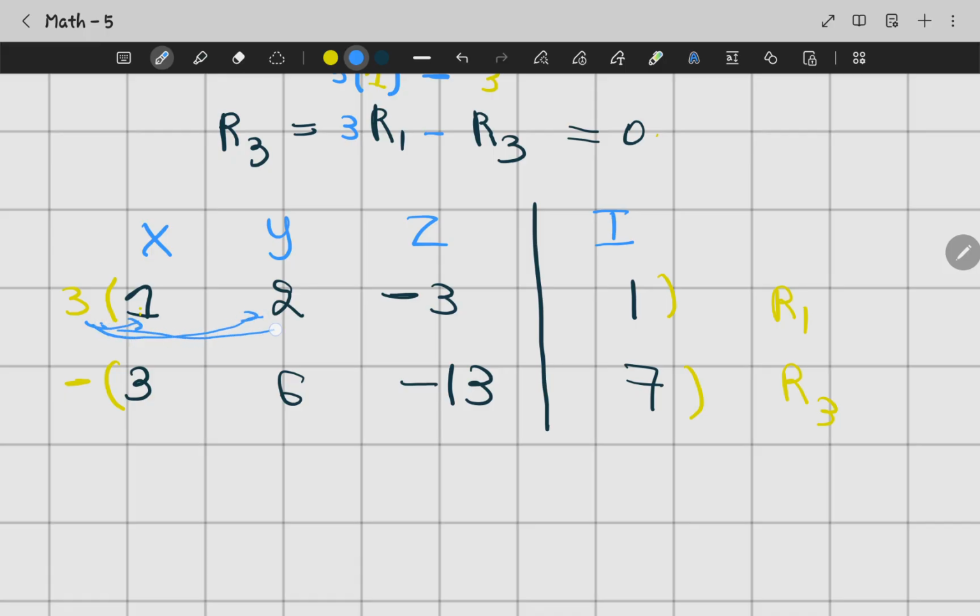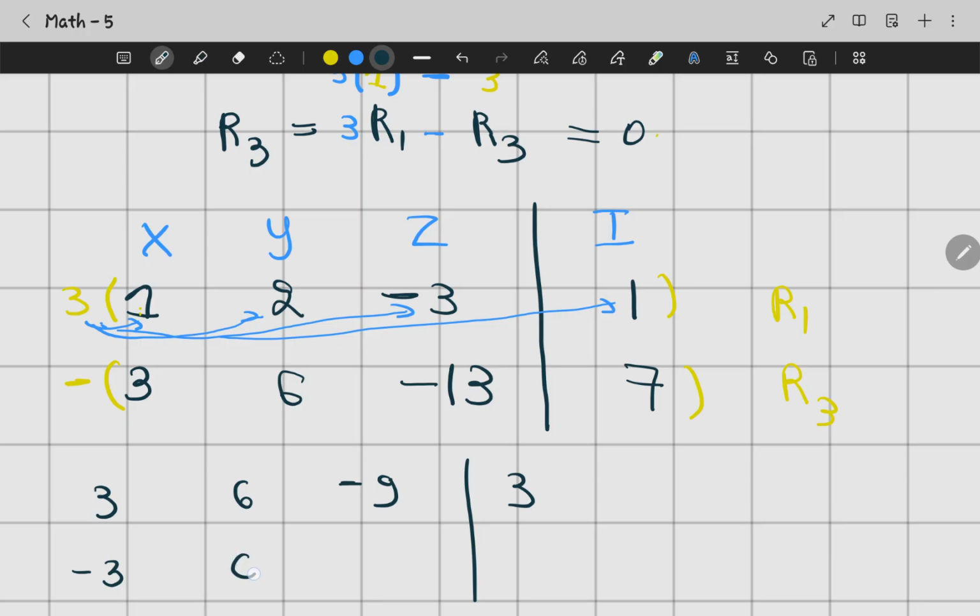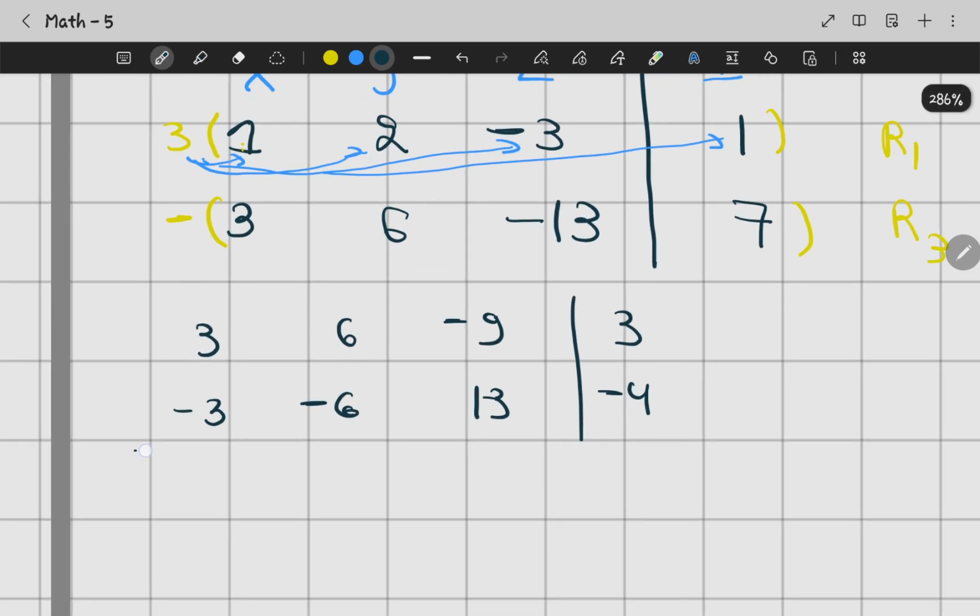inside like this. So it's going to give me 3, 6, 9, 3, and then we got negative 3, negative 6, positive 13, negative 4. Okay, and then since I got this one like this, I can just add them together,